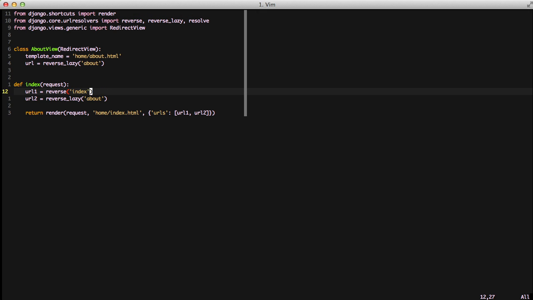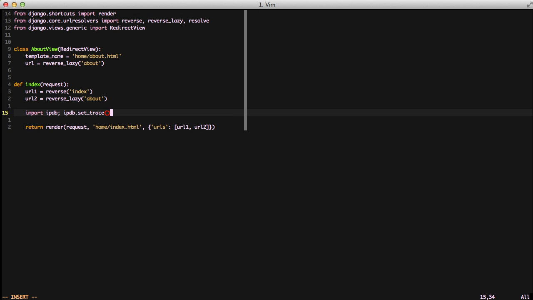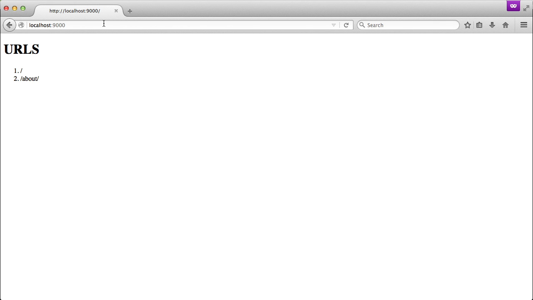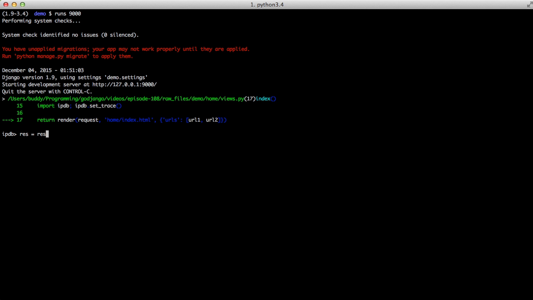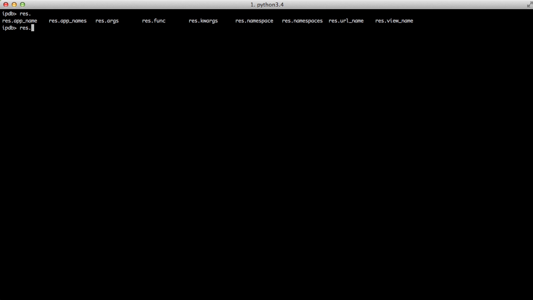If we do an ipdb again in our index, refresh our browser so that we can drop into the shell, we'll just do a res equals resolve and we'll do about. What this is going to do is return an object of ResolverMatch, and you see it's going to have some information with it. The great thing about it is it's an object we can actually do something with. So if we do res dot and hit tab, you can see we have a whole bunch of stuff available to us. If we do res.url_name, this actually returns back the URL name of about,